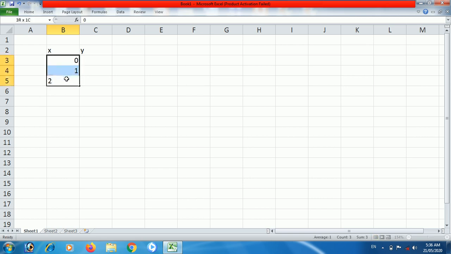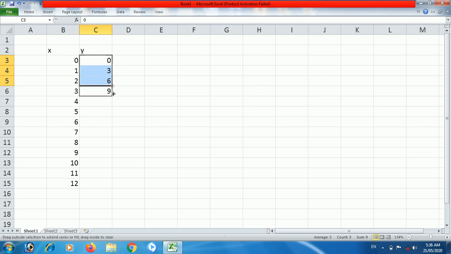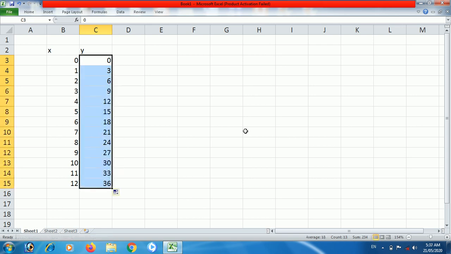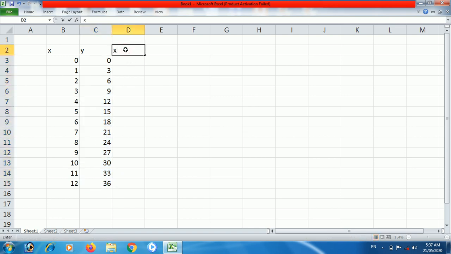Now I will select all these three cells, and when I drag this dark square, I will get a series, and here I will get a series of 0, 3, 6, 9. Just two numbers are also sufficient, these two, and when I drag it, I will get the entire series of 3. Right? Now, here I want x multiplied by y is equal to,